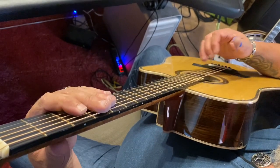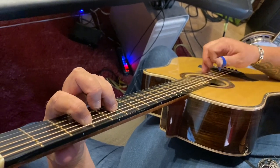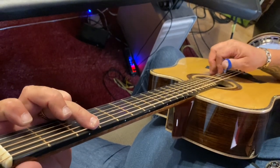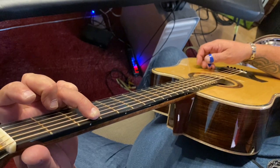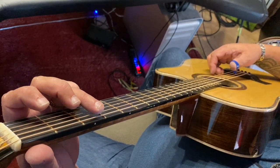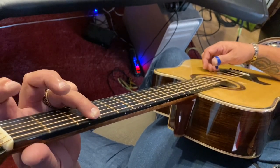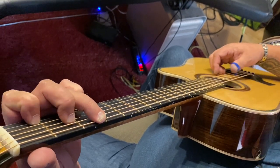And all those moves there are pinch, half forward roll. Pinch, whoops, pinch, pinch. And I always play my G like that. The top note, the A string muted, and the pinky playing the bottom G. So I can add the C sus to it. Or